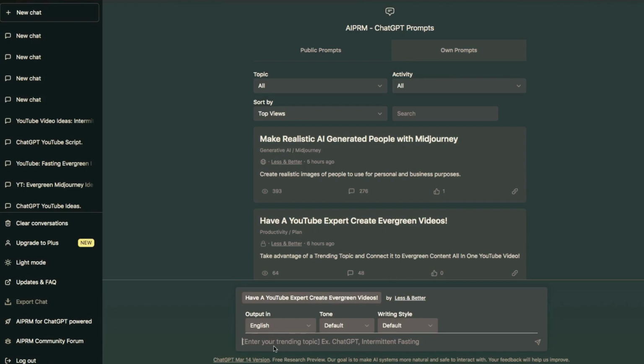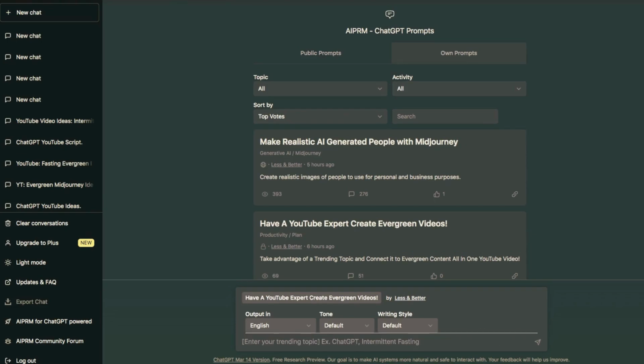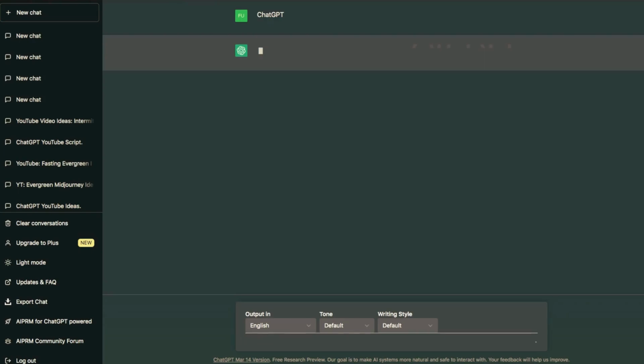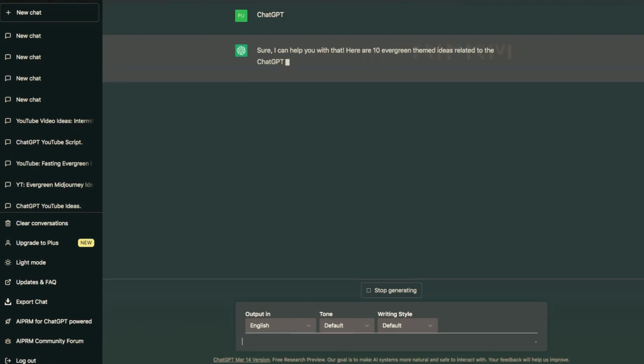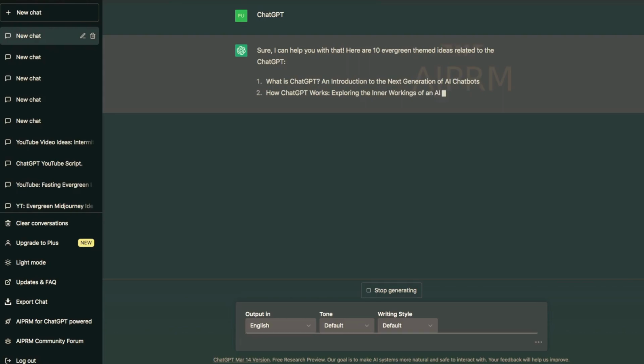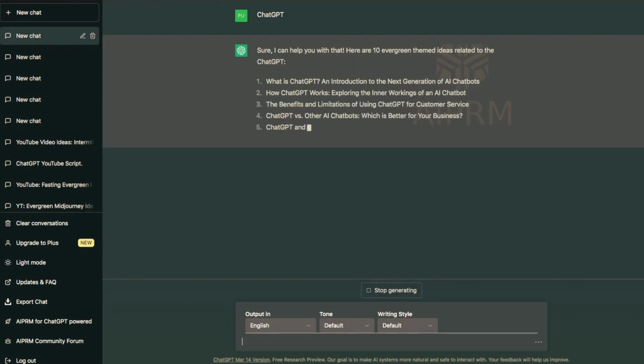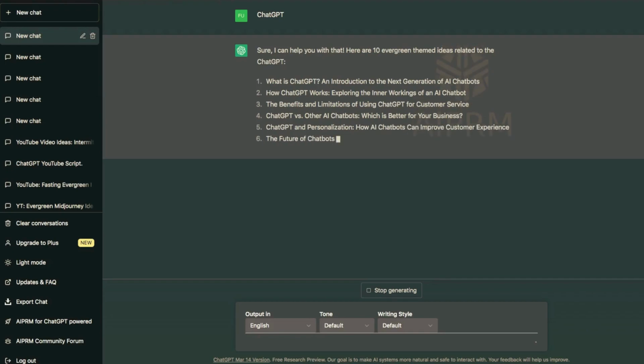Then I have a hint of what I need to do in order to create the prompt. So it says, enter your trending topic. And the examples are ChatGPT or intermittent fasting or any trend that you can think of. I'm going to go with ChatGPT and press enter. The first thing that we're going to see here is it's going to take your trending topic, which mine was ChatGPT, and I asked ChatGPT to produce 10 evergreen themed ideas related to that keyword so that I could make